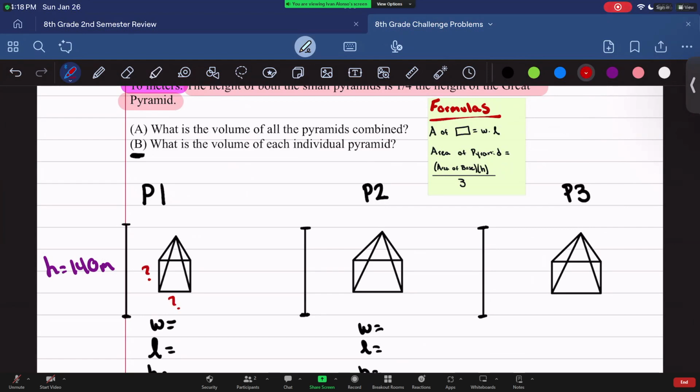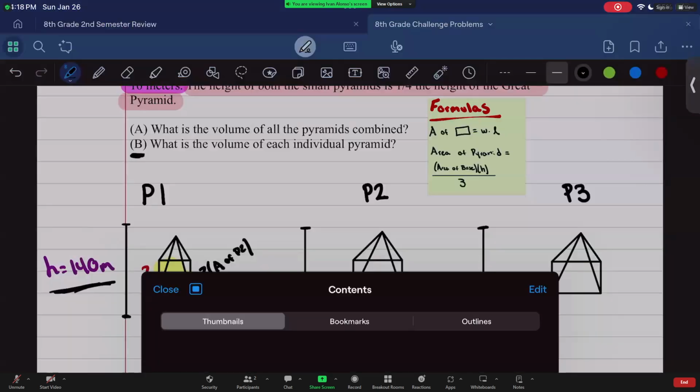All we know is that the total area of this little base is going to be 2 times the area of pyramid 2. Okay? So we just know that this is going to be 2 times the area of pyramid 2. That's just a little note I'm writing to remember that. Now, we're told that the height of these two pyramids is 1/4 the height of the great one. So,